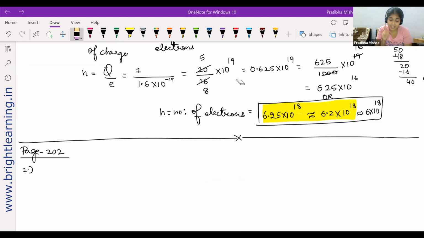They're asking which device helps to maintain the flow of electric current. What are those? Battery or cell? Okay, the power supply. These are your answers. To measure potential difference, we have voltmeter. To maintain potential difference, we don't use voltmeter. Okay, so that's what I wanted to see. It is used to measure, not to maintain.